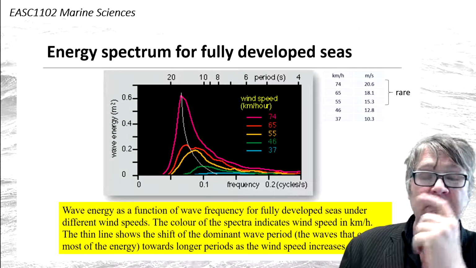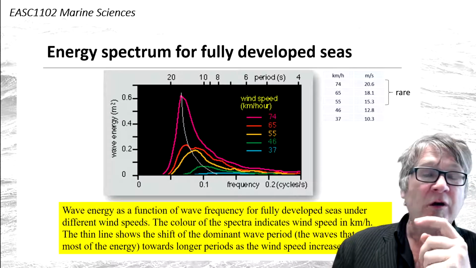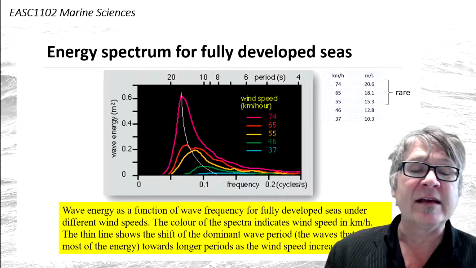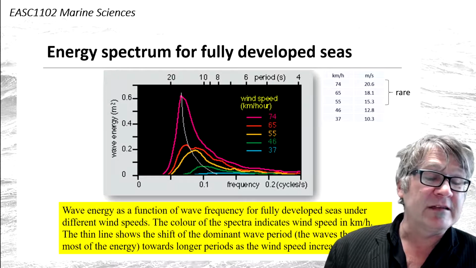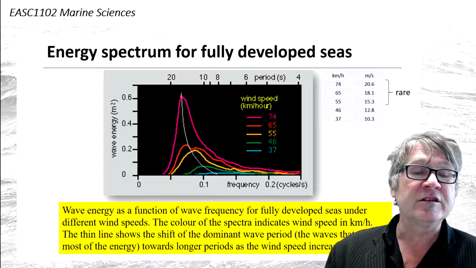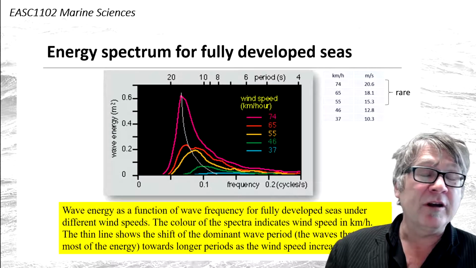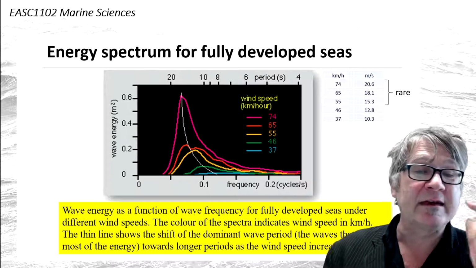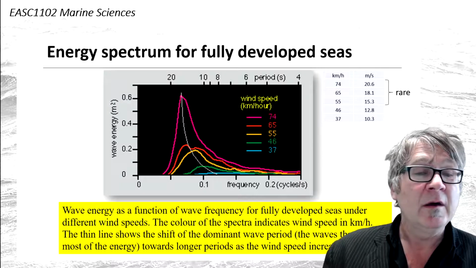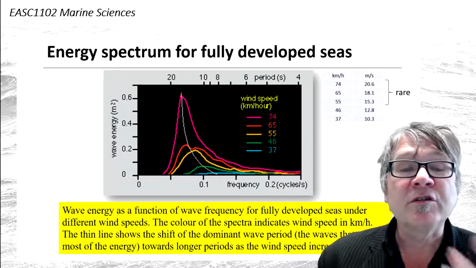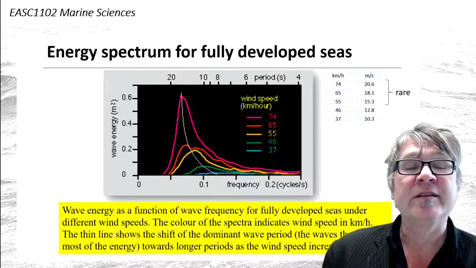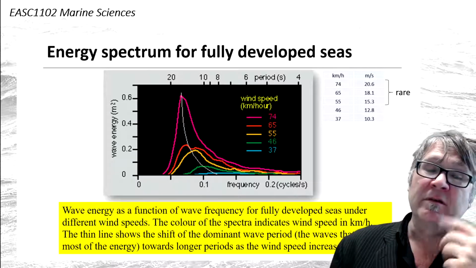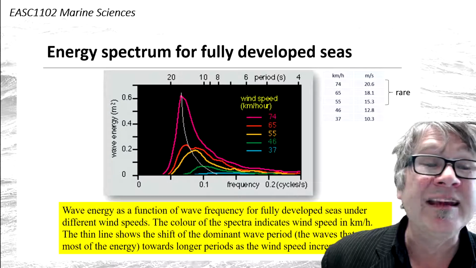Again, this is shown in this little diagram here. On the y-axis is wave energy in square meters. On the x-axis is the frequency in terms of how many cycles per second. On the bottom axis, but you can see at the top is also the period in seconds. The different colors now correspond to different wind speeds in kilometers per hour. And I should also show you a little table of this one expressed in meters per second,